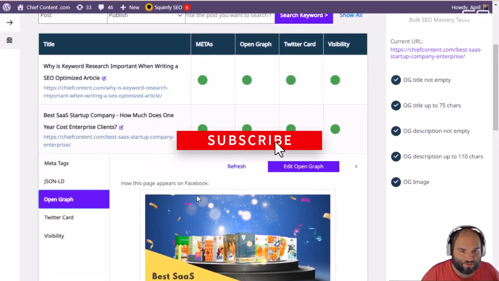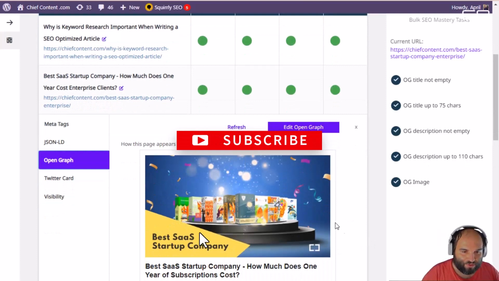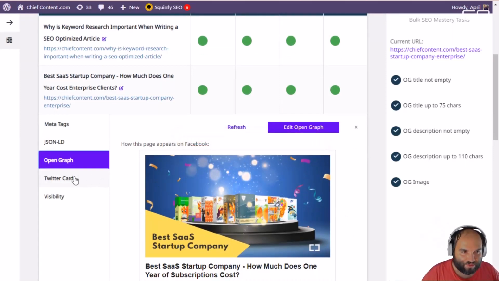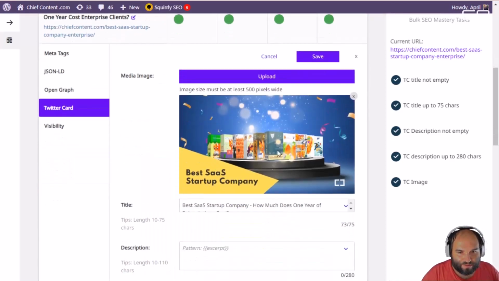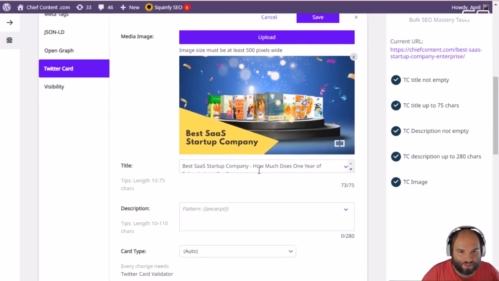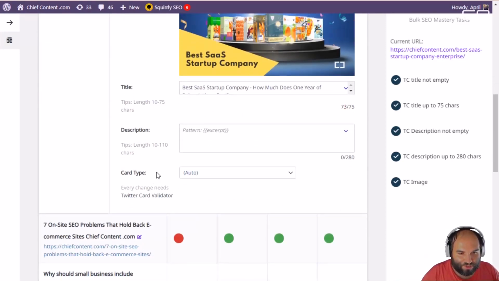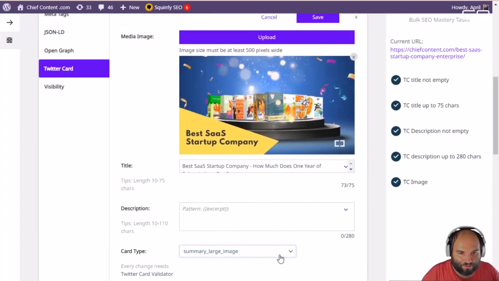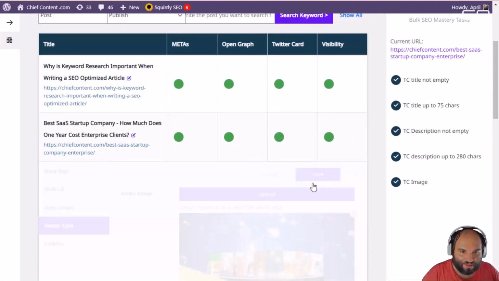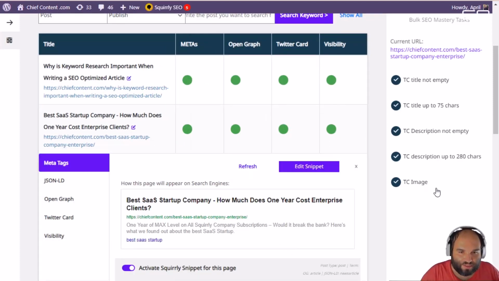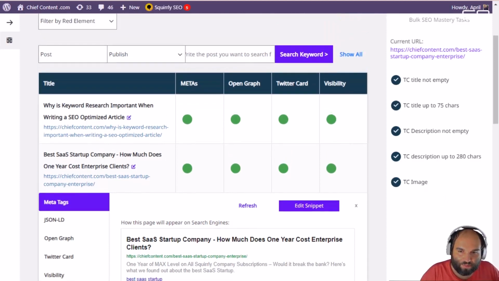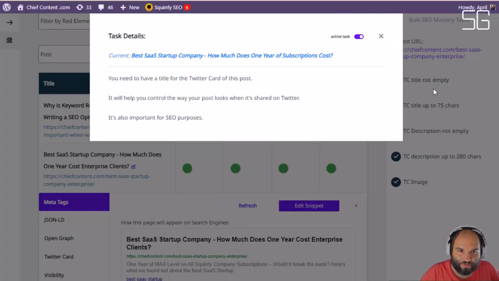Now this is how my page shows on Facebook. So this is the preview of how it's going to be on social media on Facebook. This is the preview for Twitter, and if I want to change anything, I can just go to edit Twitter card, for example, and I can start changing the image. I can upload a different image. I can change the title, the description, and I can even change the card type. So I'm going to look for summary large image because that's what I like. I'm going to click save. And you can also see that in Bulk SEO you have different settings and checks that are made for Twitter